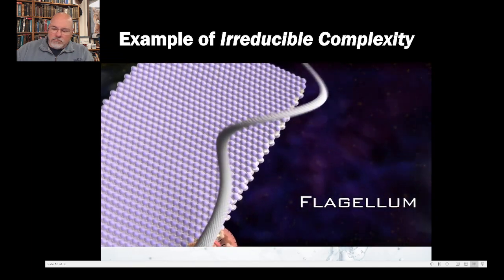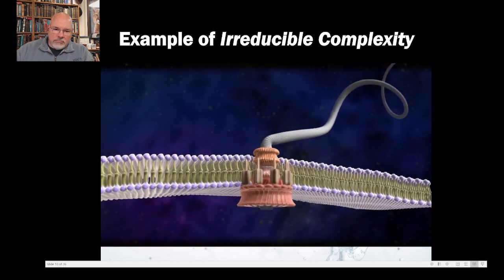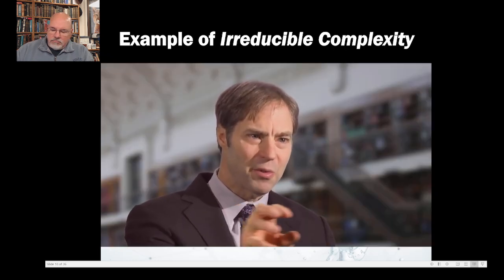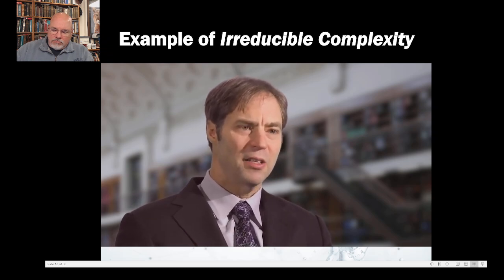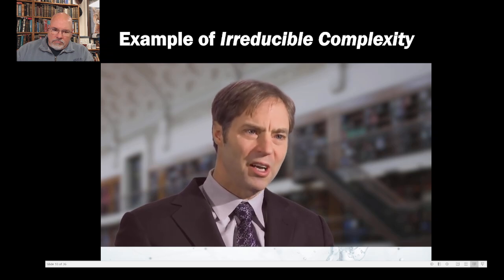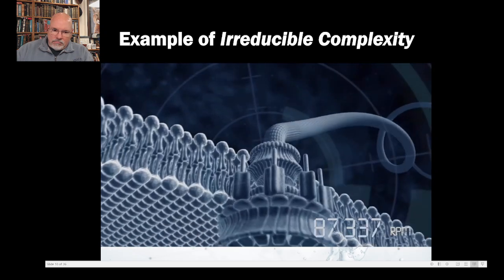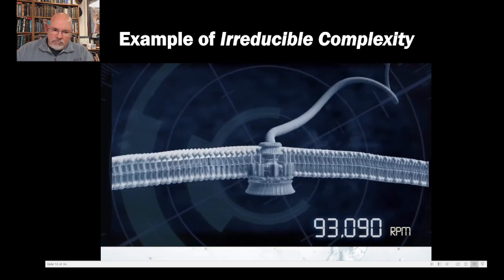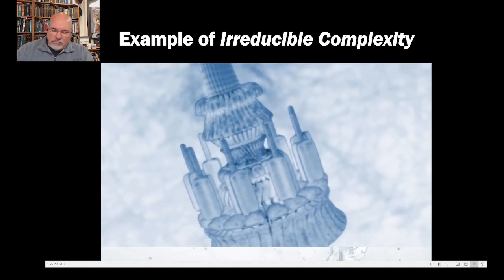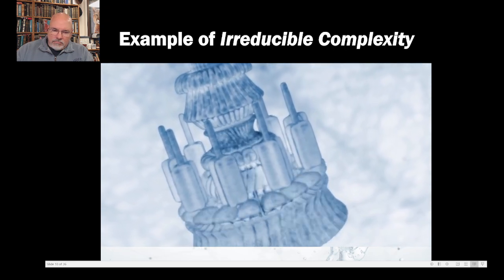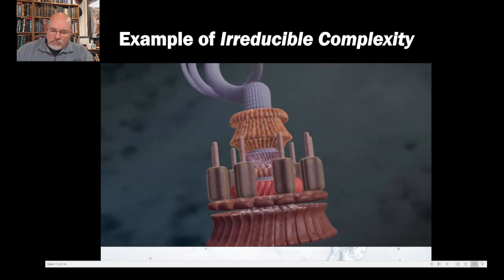It's a rotary engine that powers a whip-like tail, a protein tail that functions like a propeller, and it moves the bacterium through liquid, enabling the bacterium to essentially track down its food supply. And this little machine includes a rotor, a stator, a drive shaft, a U-joint, bushings, bearings, and a whip-like tail that functions like a propeller. And the machine in some bacterial systems turns at 100,000 RPMs in one direction and can reverse direction in a quarter of a turn and turn 100,000 RPM in the other direction. And the bacterial flagellum is a true nanomachine, about 40 nanometers in size.